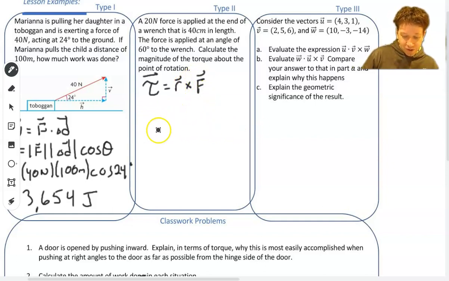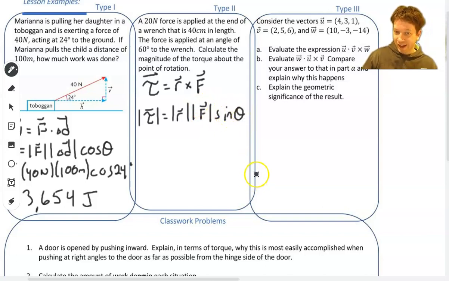Okay, and of course the magnitude of torque, because that's what they're asking for. We can use our geometric cross product, which is just the magnitude of R times the magnitude of F times the sine of the angle between R and F. So R says 40 centimeters, but it needs to be in meters because torque is measured in Newton meters. So let's change that to